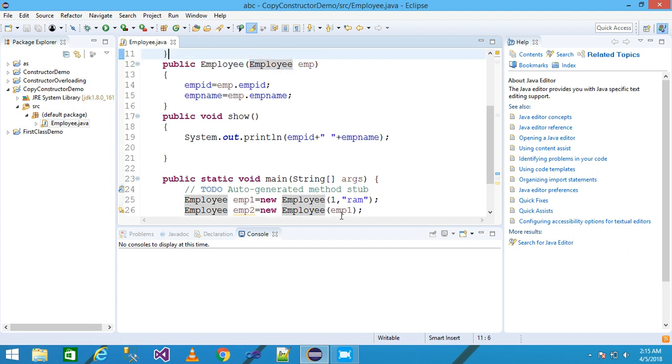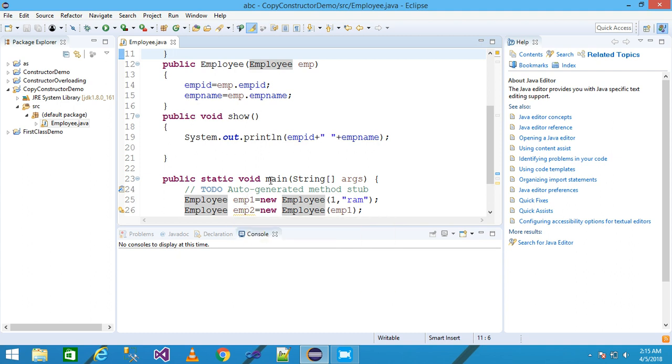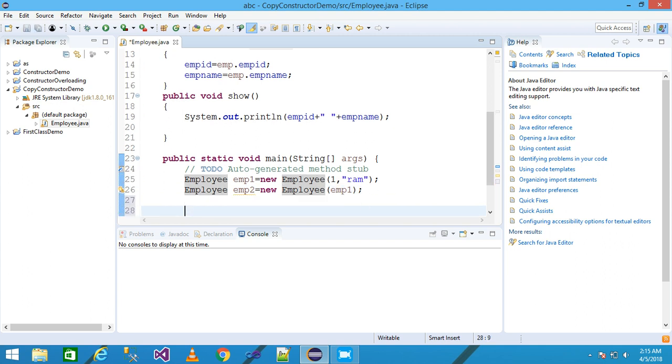Consider that we are passing emp1, which means the value of empId, 1, is assigned to empId, and the value of empName, Ravi, is assigned to empName. In that case, emp2 contains empId 1 and empName Ravi. So look carefully: emp1 and emp2 both contain the same values, 1 and Ravi, which means we have successfully created a copy of the existing object as a new, duplicate object.